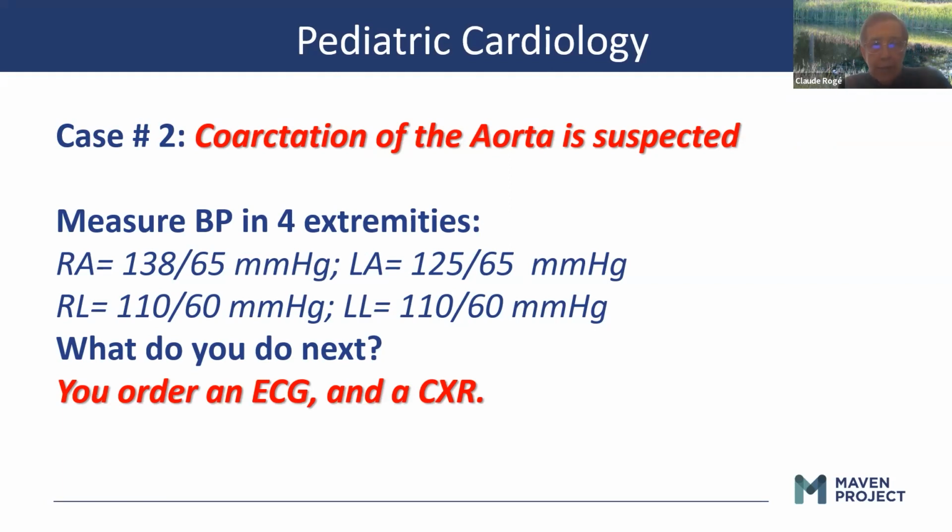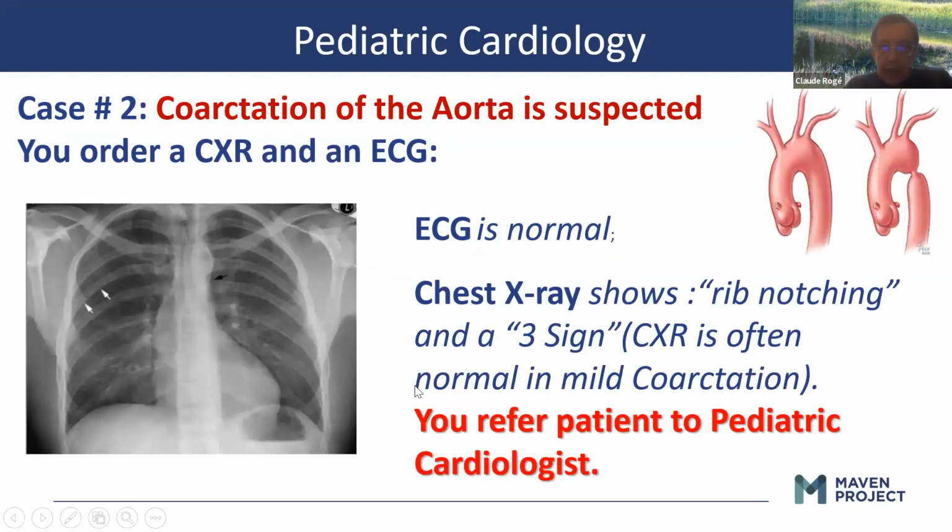So again, you repeat that, you measure the blood pressure in the four extremities, you see that it is really abnormal. And what to do next? Well, in that case, it's not a bad idea to order an ECG, because now you know for sure there is something wrong here. You order an ECG and a chest X-ray. Now the ECG is normal, and the chest X-ray most of the time is going to be normal also in mild coarctation. But if it has been going on for a long time, I have seen actually adult patients who had coarctation, they were not detected, and they were asymptomatic all that time, but they did have